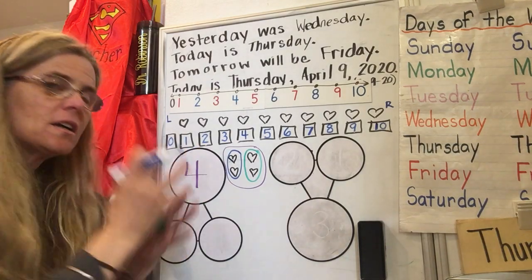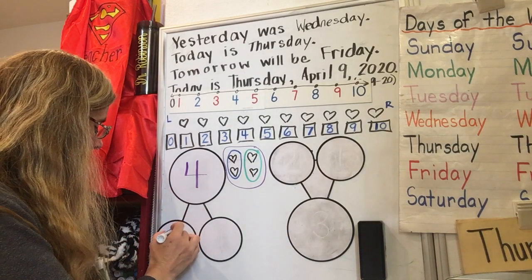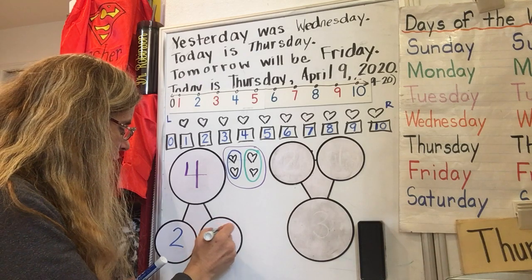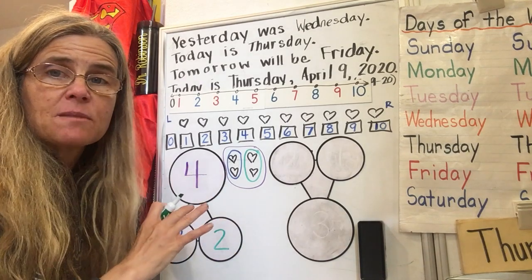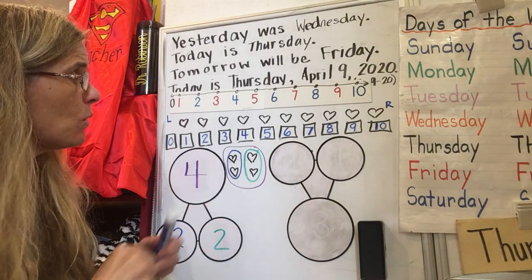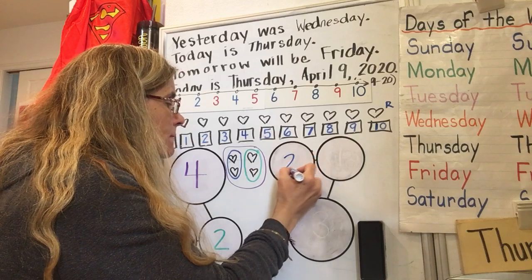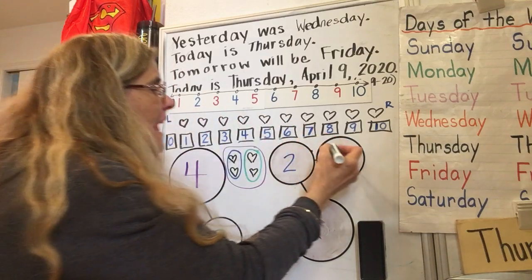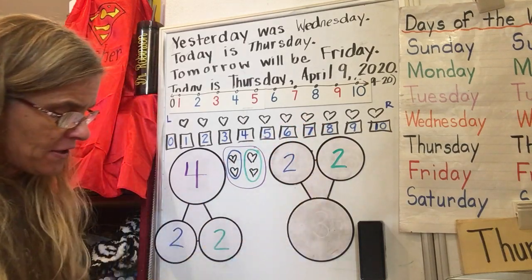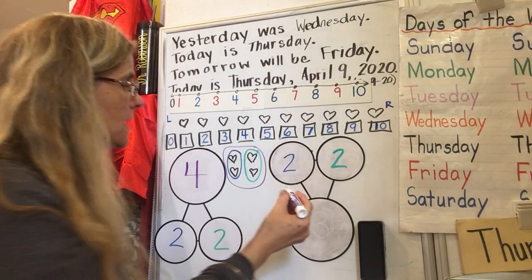So 4 decomposed, taking apart, is the same as 2 and 2 more. Now there are other ways to make 4, but not in this set. Now if I wanted to put them together, I could say 2 and 2 more bonded together. I'm composing, putting them together equals